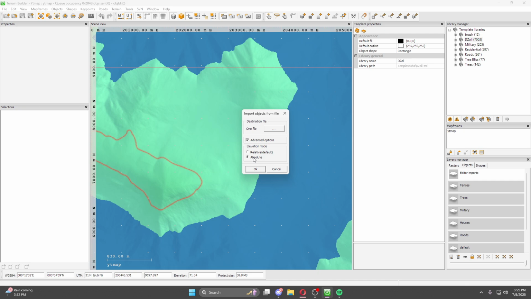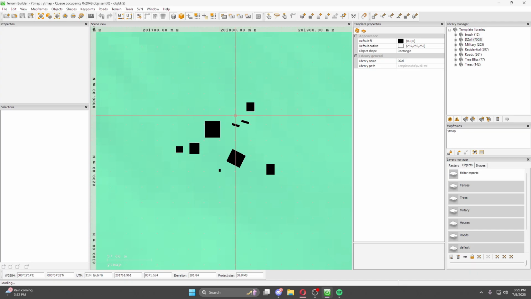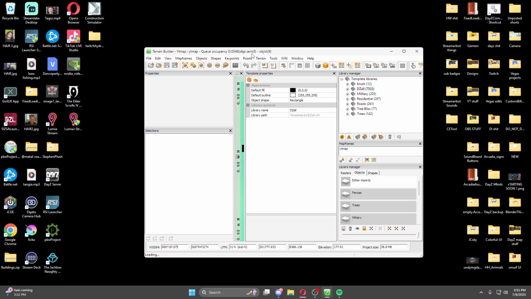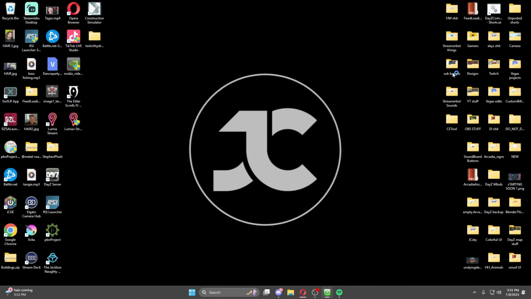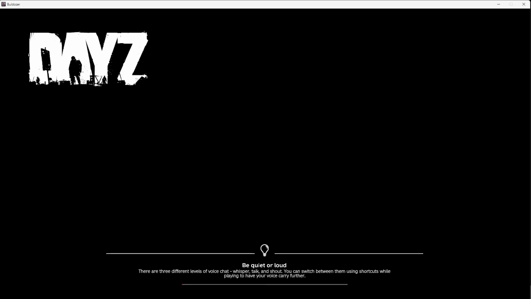This is going to give you the absolute position and orientation of all of your buildings. So we choose this and we just hit OK. And as we can see, all of our items are now in here. With this open, I'm going to move this off my screen and we're going to open up Bulldozer, just to verify that all of our items have actually imported,